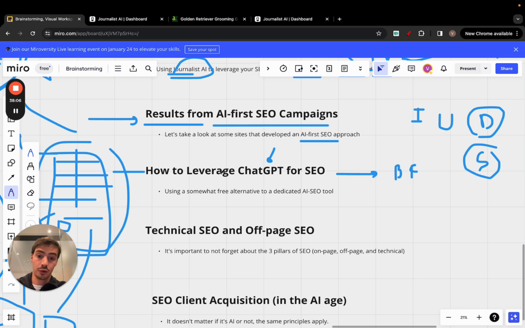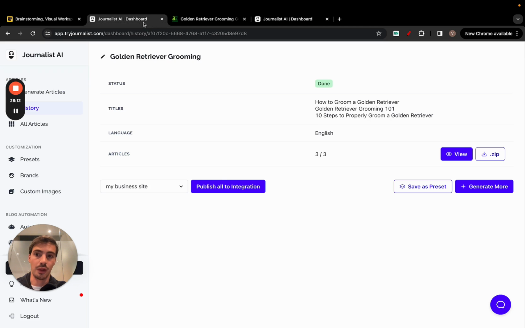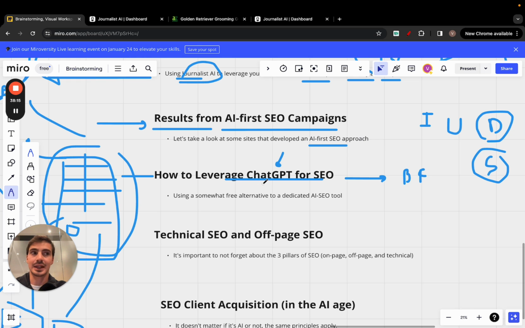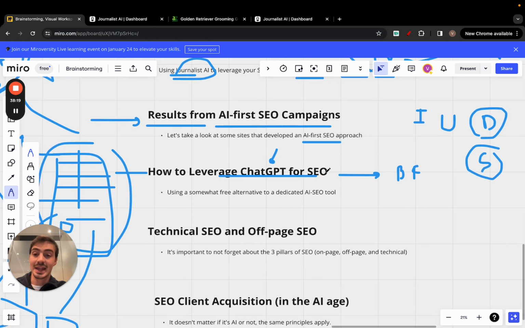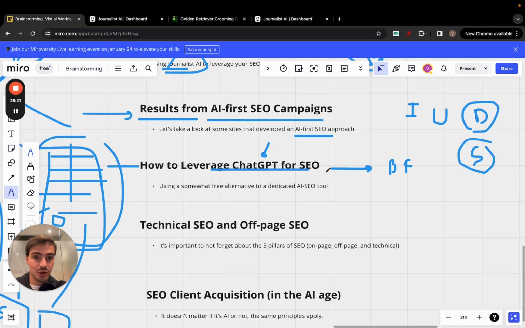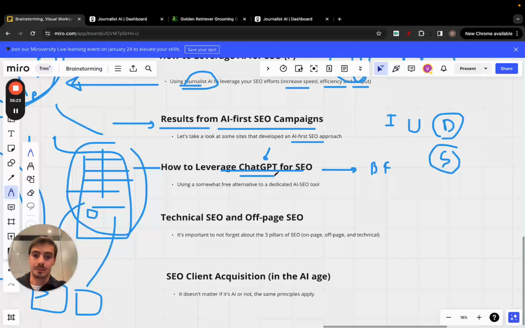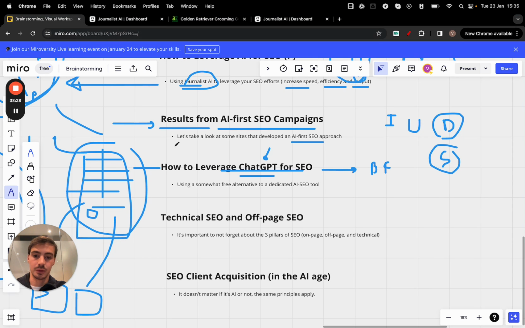But again, you can of course leverage ChatGPT as a free version to get things going, get the ball rolling, get things started. For sure, you can do it. And again, if you don't have money to afford this, I recommend you do, of course. At least if you're not going to buy a tool and you want to invest in AI SEO, which I think you should, at least use ChatGPT. Again, just note that these tools are a bit better, right? The AI tools that I just showed you.